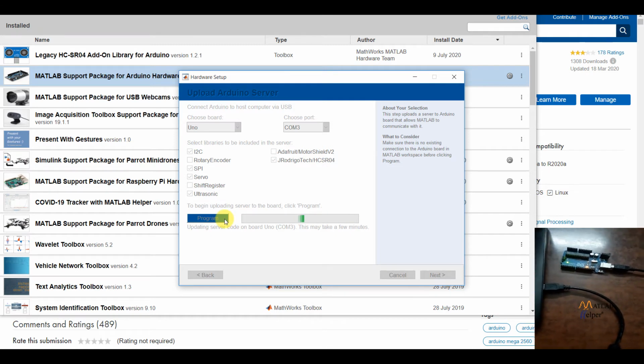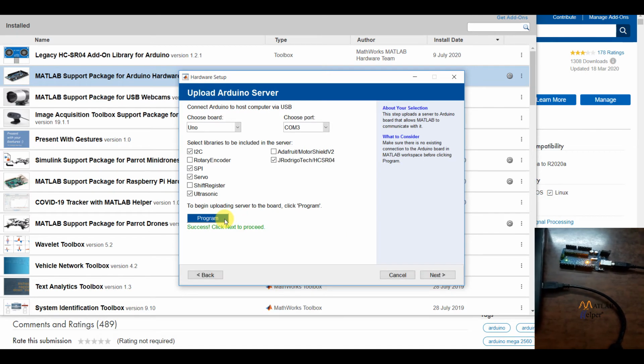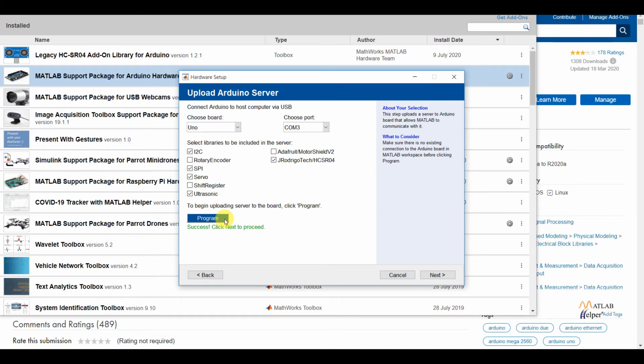Now the program is getting uploaded. As you can see, the LED got brighter, that is the RxTX LED. Now you can see the program has been successfully uploaded to the Arduino server.